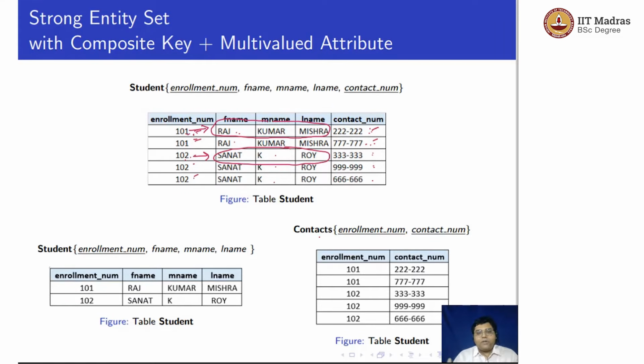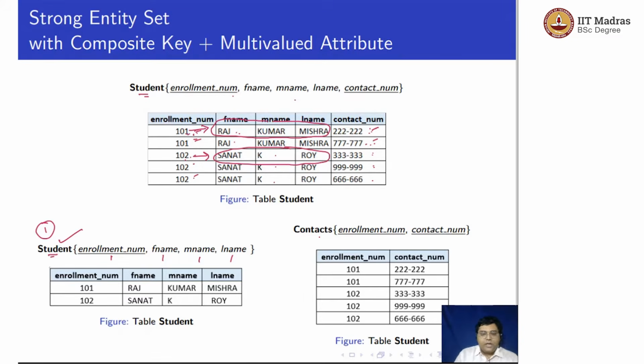In 5 tuples. So the better way to design it is to decompose the relation into two relations. How can we decompose? First, the first relation, say it's a student relation, having the primary key enrollment number, and other non-multi-valued attributes, that is single valued attributes. So we have the F name, M name, and L name. So this creates one